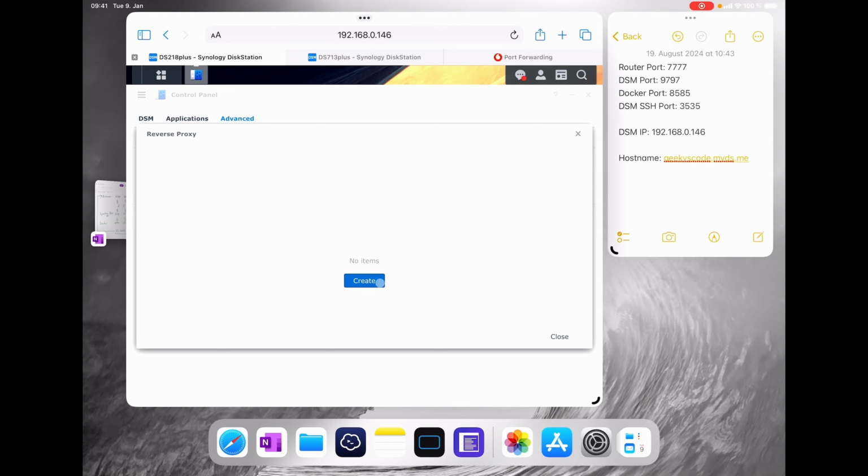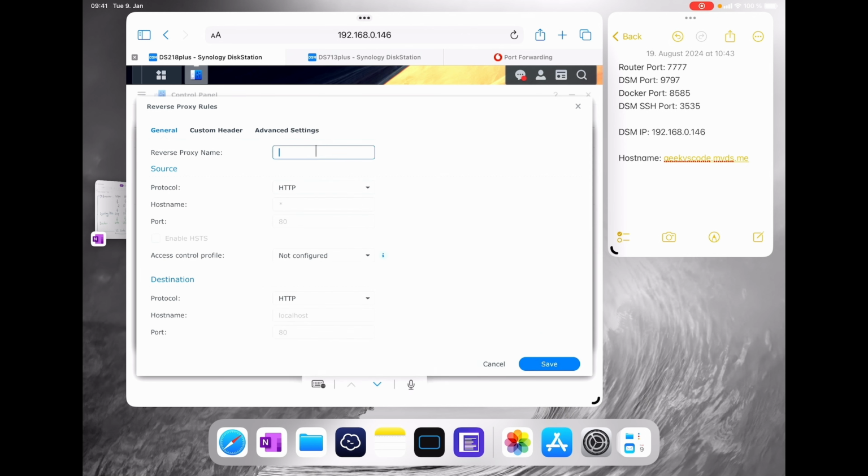Now let's click Create, and let's name it VS Code. The protocol will be HTTPS, because Visual Studio Code requires an HTTPS protocol. The host name will be code dot and then our general host name, and delete this space one. The port will be router port 7777, enable HSTS. Destination will be HTTP, localhost, and the port will be the DSM port